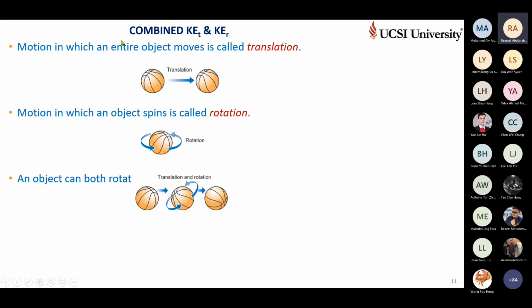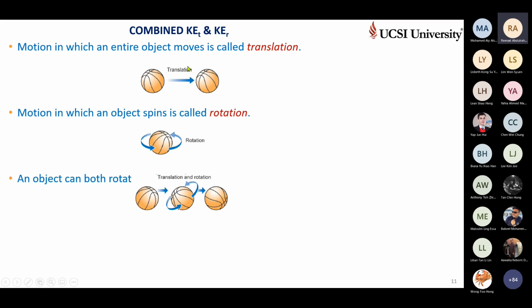Next, there are two things that we are comparing. One is translation, which is in the X or Y direction, always in a straight line, like the main highway. No U-turn, no X-turn, no 3 o'clock, 10 o'clock turning. If you are traveling on a straight road, it is called translation or linear. Translation is just moving, keep moving in a straight line. Another one is rotating. The other object is rotating.